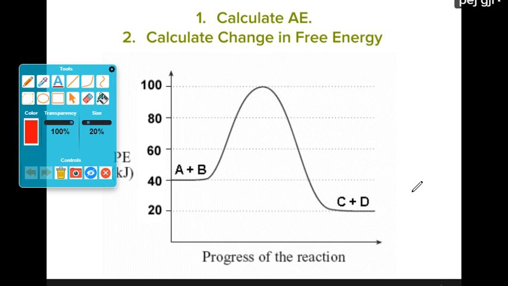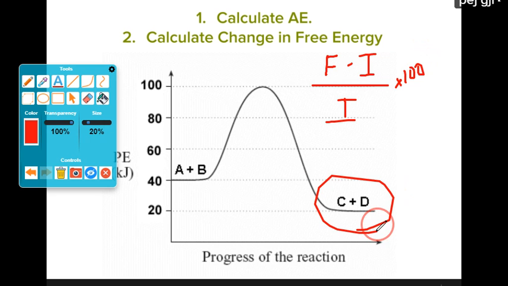Do you guys remember how to calculate percent change in mass? It's not on the formula sheet, but it's one you have to memorize. How do you calculate percent change in mass? I'll start to give you a hint. Final minus initial divided by initial. Right, F over I, right? So that's kind of an easy saying. It rhymes, F over I, okay? And then you times it by 100, all right? So if you remember F over I, use it here. Do the final value minus the initial value. So if you did 20 minus 40, because 40 was the initial, then that would give you your negative 20